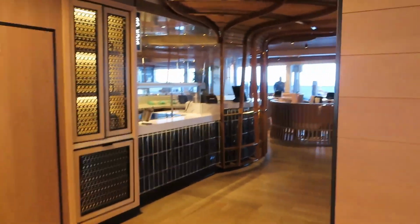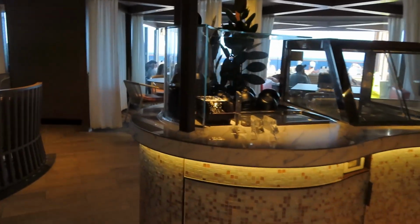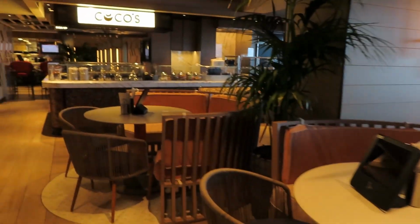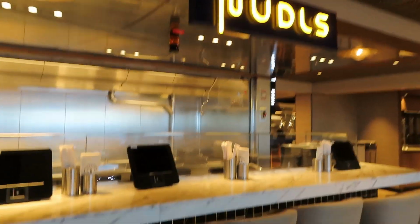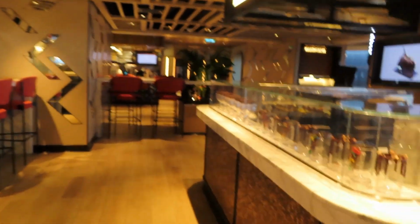And as you can see, the space is pretty big as it's located in the back of the ship, or aft as they call it. And the best part about all this is that this is complimentary. That's right, complimentary. I believe Lisa and myself never came back because we thought this was a specialty restaurant with a cover charge, so to speak, but it doesn't. And that tablet didn't turn on because they were actually closed, but they were kind enough to let me record